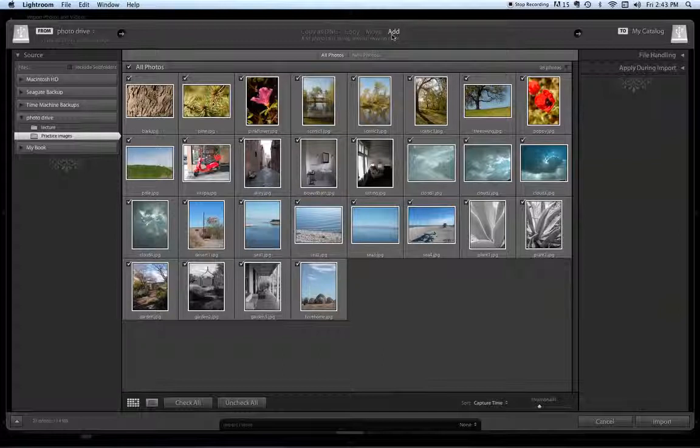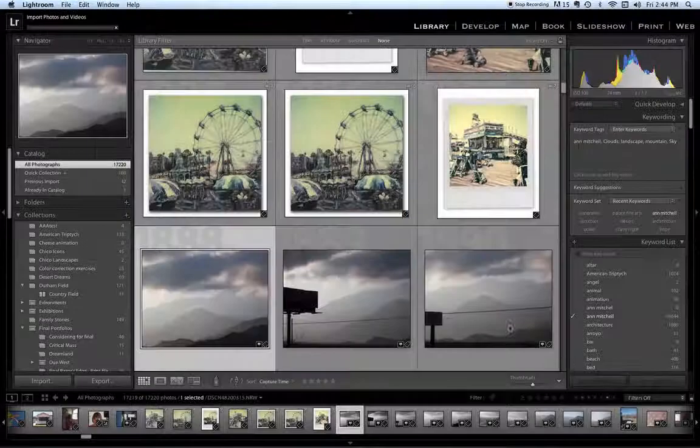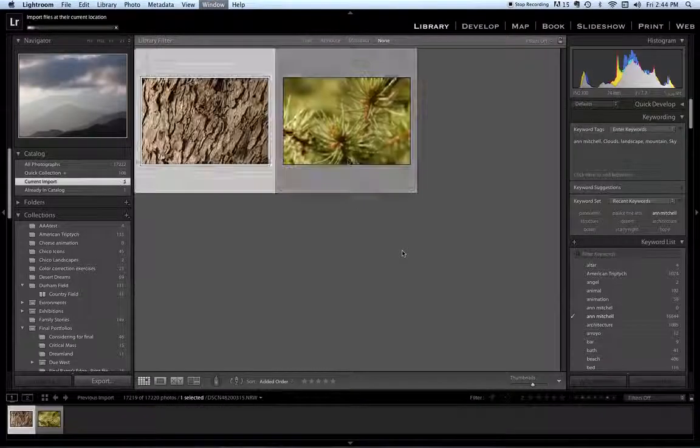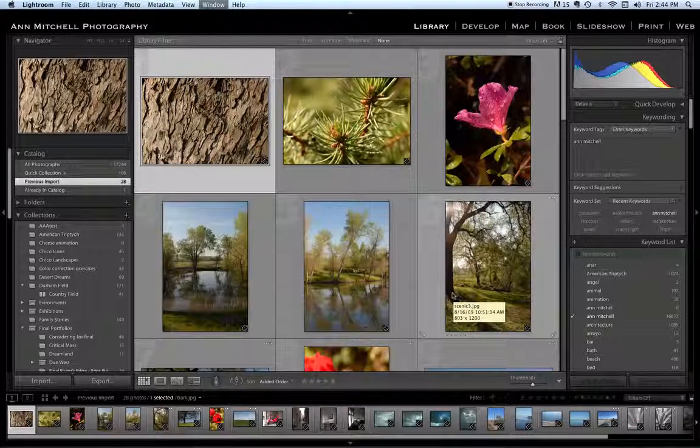I do know individuals that create a different catalog for every new, so I have wedding photographers that create a new catalog per wedding because they don't go back and use their older files. I, however, do, so I just have one catalog. I then click import, and it is now going to go ahead and bring these images. It merely creates a thumbnail and attaches information. In the next one, we'll go to the next step of adding in keywords and rating, but that's the process for importing.